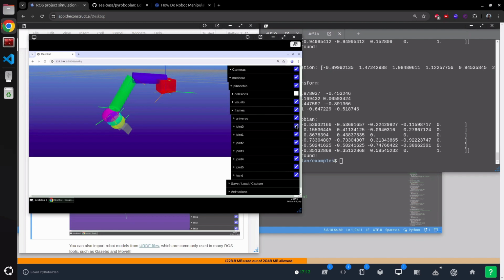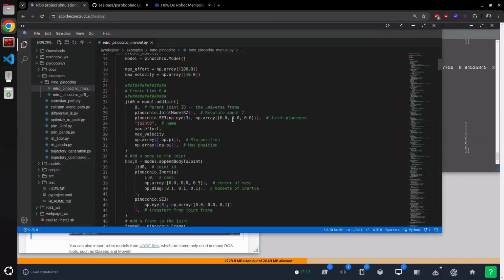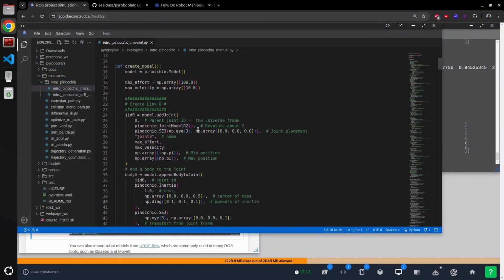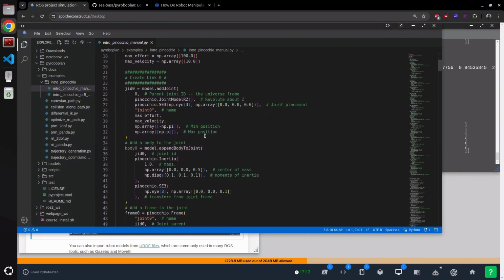Same thing for the joint frames, right? So joint number 2 is at a particular place on the arm, and then so on. So these are the basic things that Pinocchio lets you do. You see if we open up our IDE, these models are all made programmatically, so you can manually do things like adding links and joints and defining transformations and shapes,